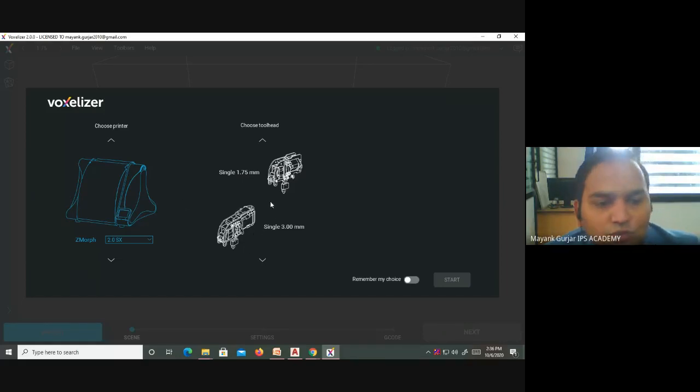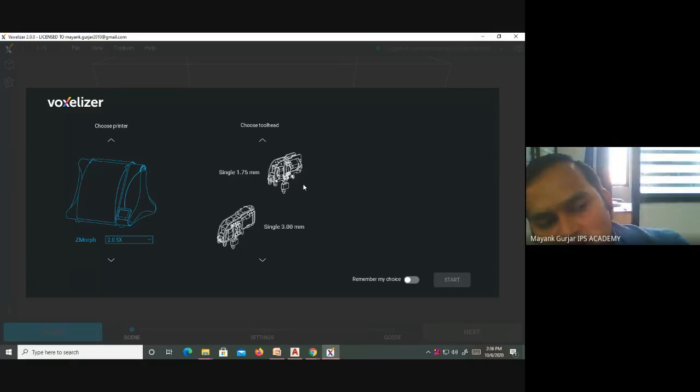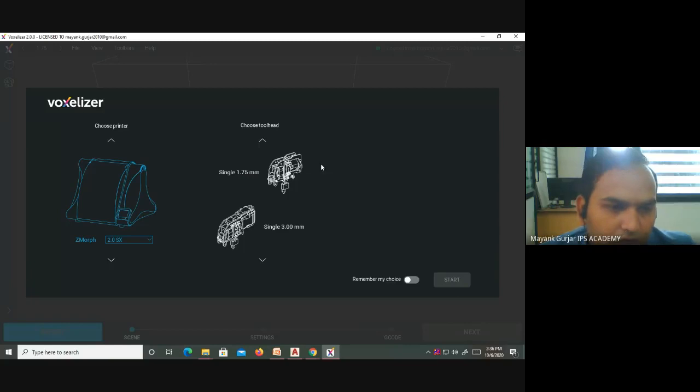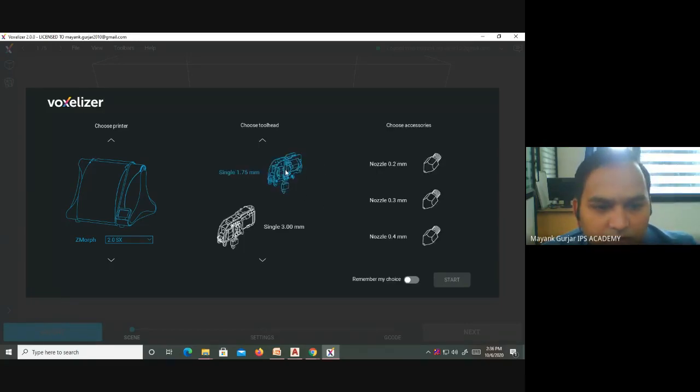Also we have bi-nozzle printers in ZMorph, where two materials can be printed simultaneously. I have selected this single 1.75, and in this we can change the nozzle from 0.2 mm to 0.4 mm. I have chosen the 0.2 mm nozzle and go for start.